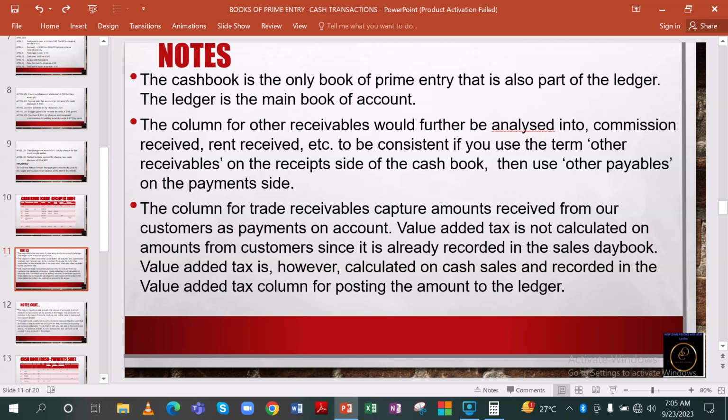Why? Because this is the first time that VAT is being calculated. That's why it is included there. Okay, as opposed to credit transaction. When the credit transaction is done, that particular transaction also prompts us to calculate VAT at that time. So when the customer pays later on, VAT has already been accounted for in that transaction. It cannot be recorded